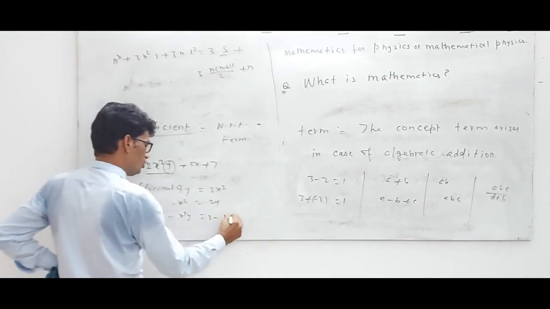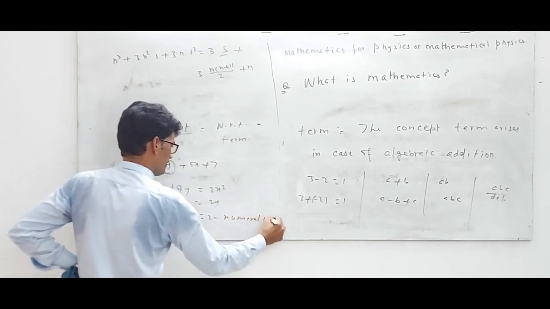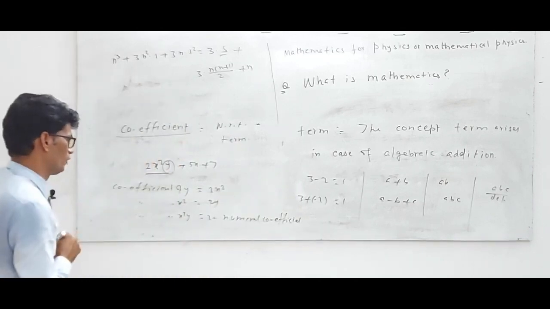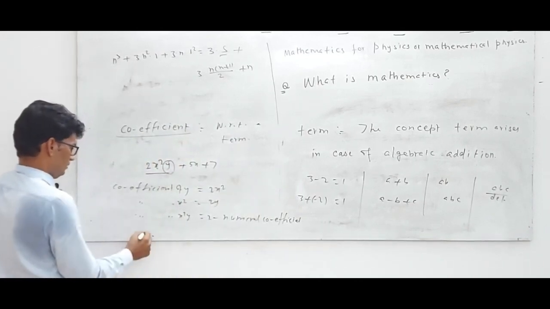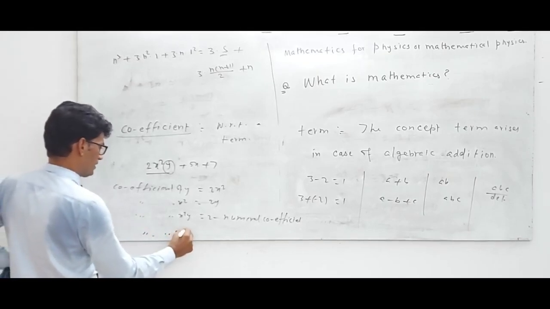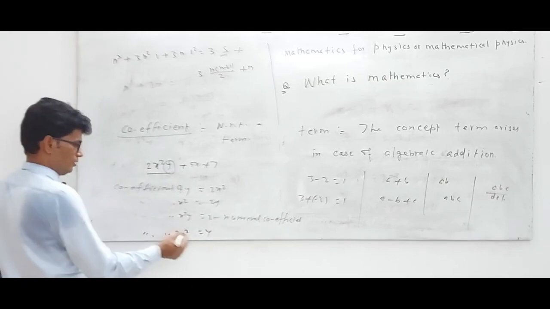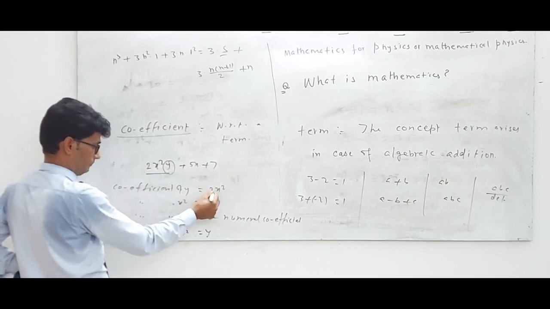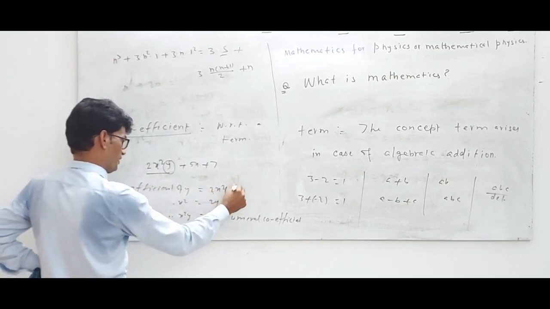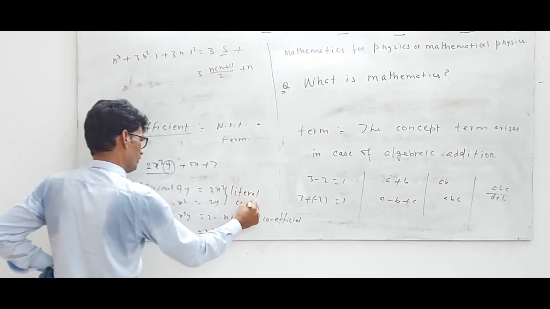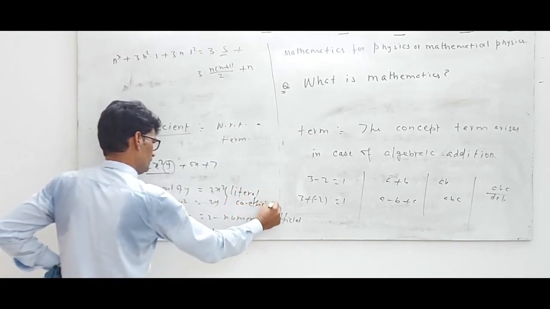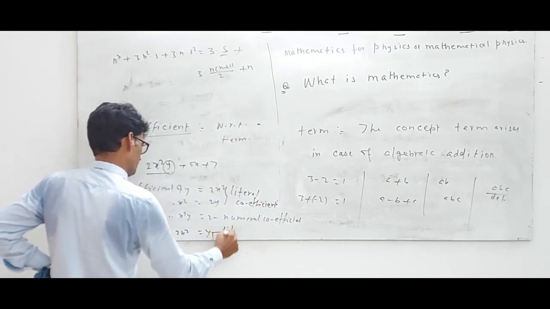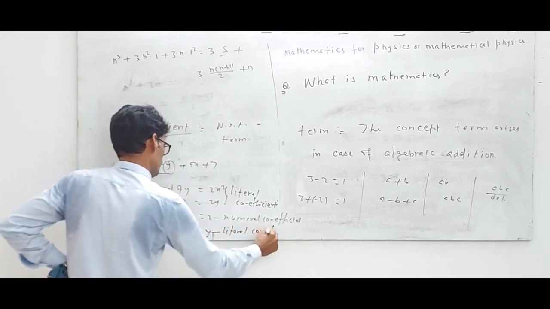So this is known as the numeral coefficient. The coefficient of 2x squared is y. So a variable in conjunction with, or multiplication with, the numeral is known as the literal coefficient. Literal coefficient. This is also a literal coefficient. y is also known as a literal coefficient. Literal coefficients are very vital